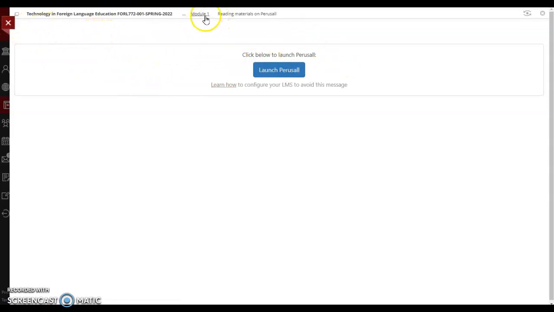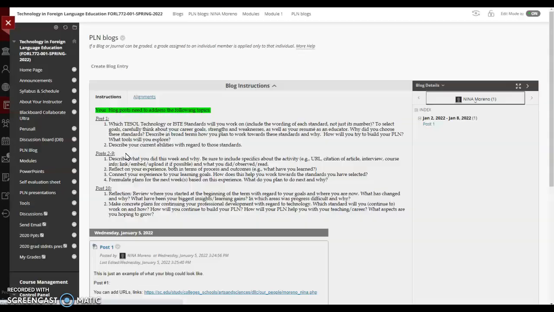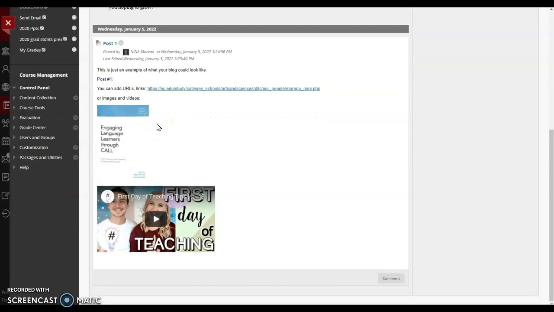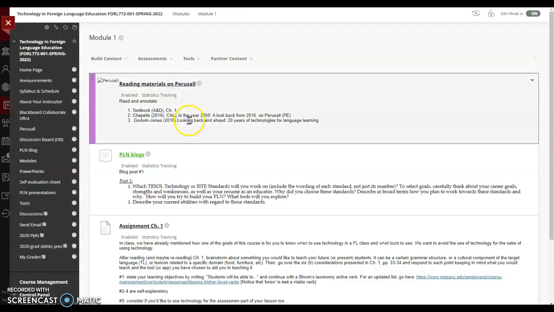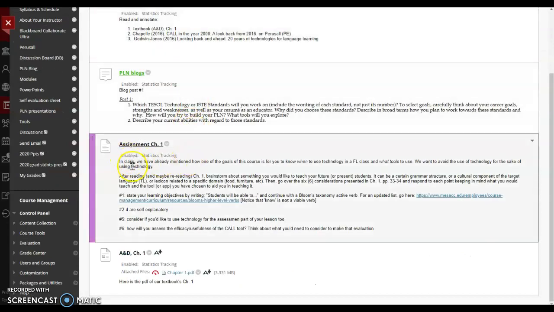articles would be. But then if you go back to module 1, you also have the blog where you click here and you would get to the different entries that you can put in for the blog. More concretely though, for the assignment that you have for tomorrow, assignment number 1, here are the instructions, and then